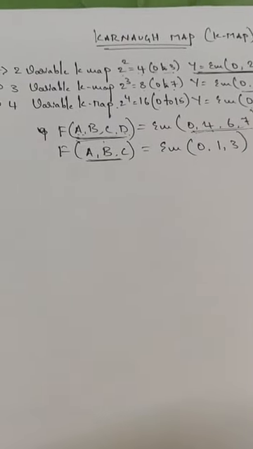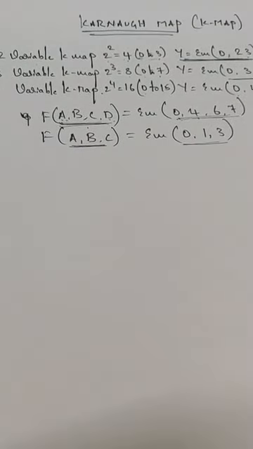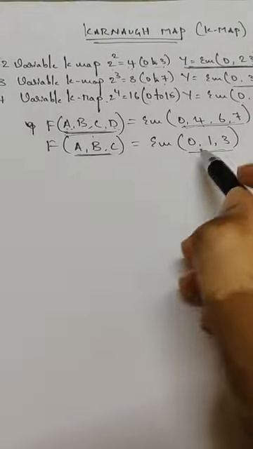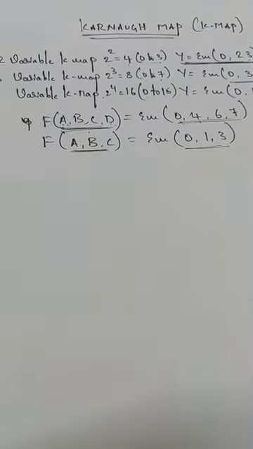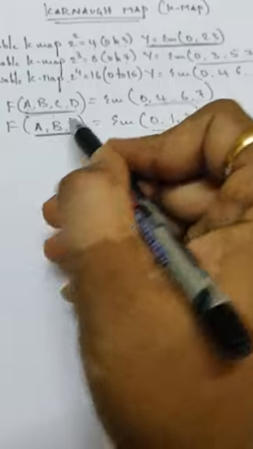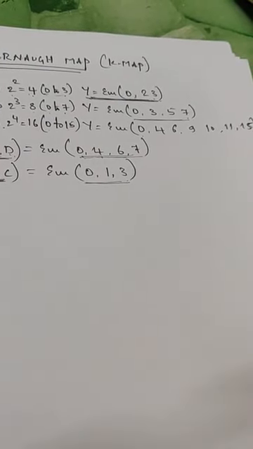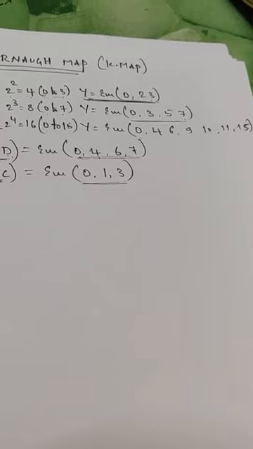ಓಕೆ, ಇಲ್ಲಿ ನೋಡಿ, how many variables they are given? 3 ವೇರಿಯಬಲ್ಸ್. So this is 3 ವೇರಿಯಬಲ್ K-ಮ್ಯಾಪ್. But this, look at the numbers lies less than 4. So less than 4 ಇದೆ ಅಂದ ತಕ್ಷಣ ಇದು 2 ವೇರಿಯಬಲ್ K-ಮ್ಯಾಪ್ ಆಗಲ್ಲ. They only explicitly specified it's a 3 variable. So the rule is, 3 ವೇರಿಯಬಲ್ K-ಮ್ಯಾಪಲ್ಲಿ ಮ್ಯಾಕ್ಸಿಮಮ್ ನಂಬರ್ 7 ಇರಬೇಕು ಅಂತ ಇದೆ. ಓಕೆ, ಮಿನಿಮಮ್ ನಂಬರ್ 0. 7ಗಿಂತ ಜಾಸ್ತಿ ಇದ್ದರೆ ತಪ್ಪಾಗುತ್ತೆ.